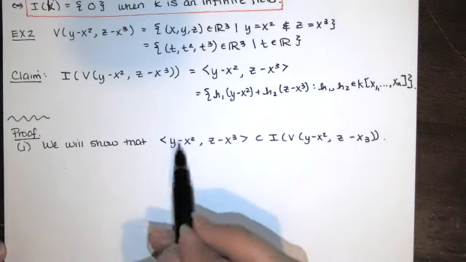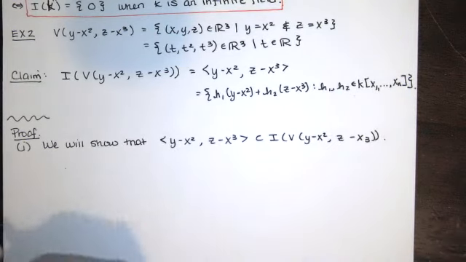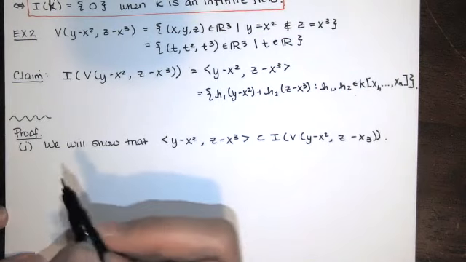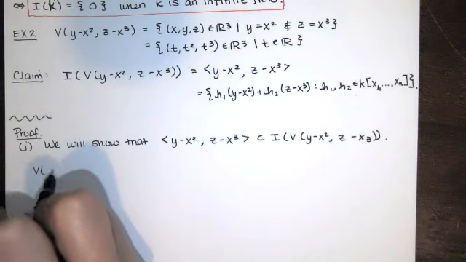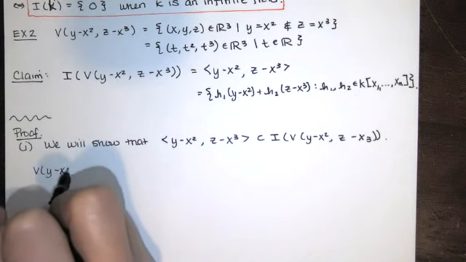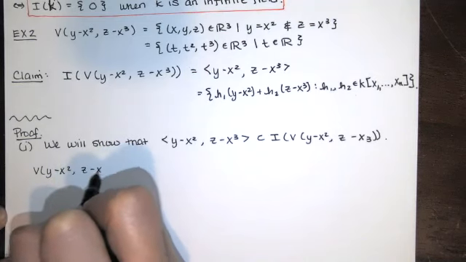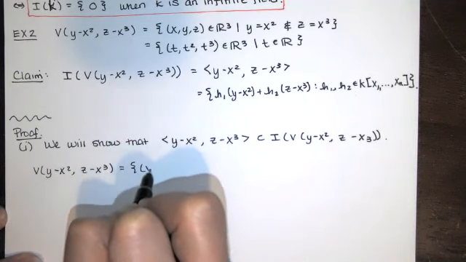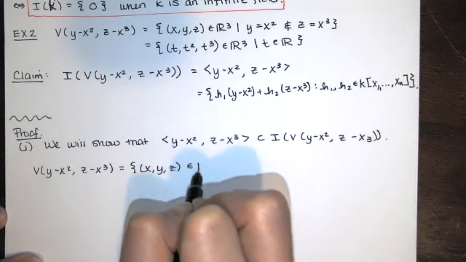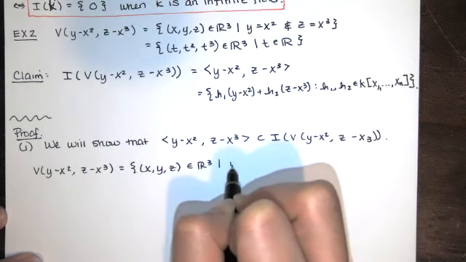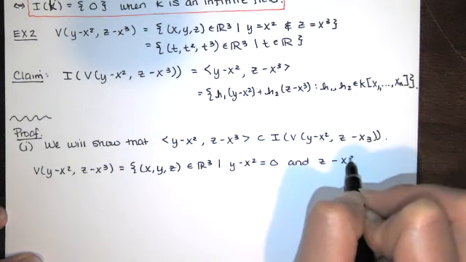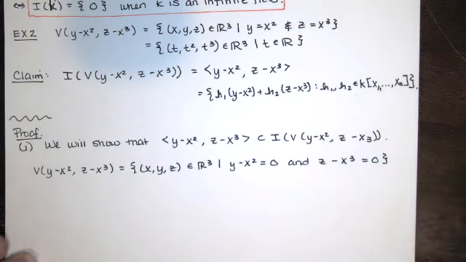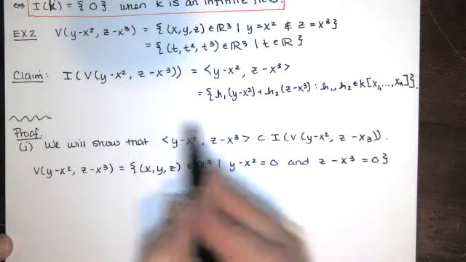Okay, since we know that these two functions are equal to 0 on V, if we let F be a member of this set,